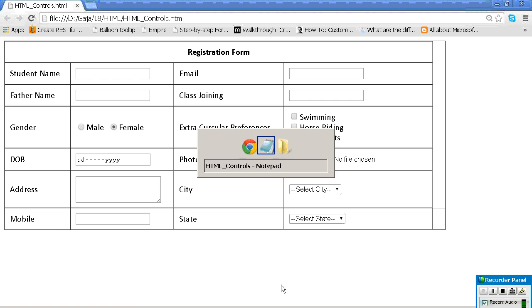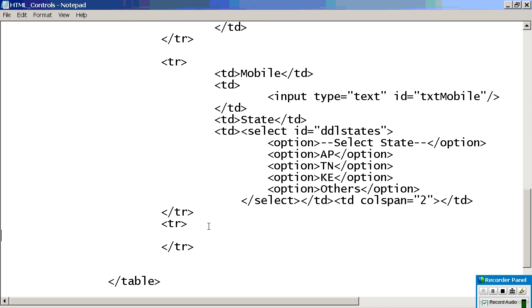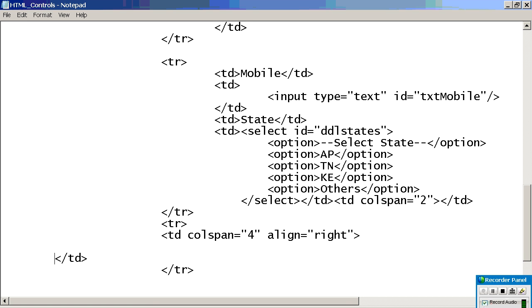Now finally, what we can have, see, the button control is there. I will give colspan equal to 4, and align equal to right. Do you understand what I have done? I have merged 4 columns and I am going to write the text into the right side of the TR. Are you understanding this?